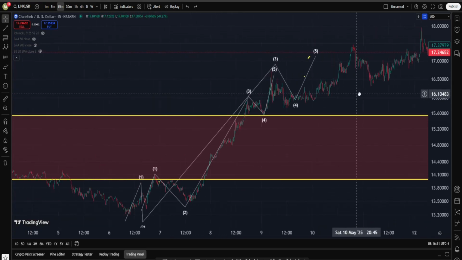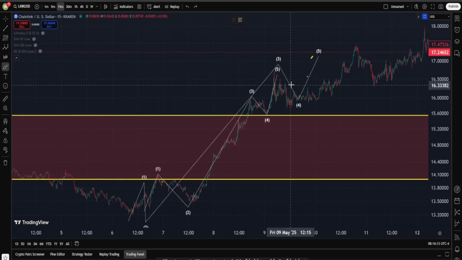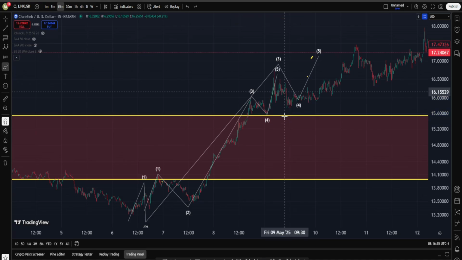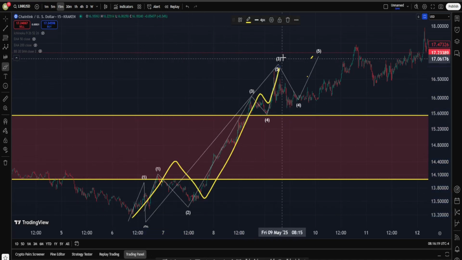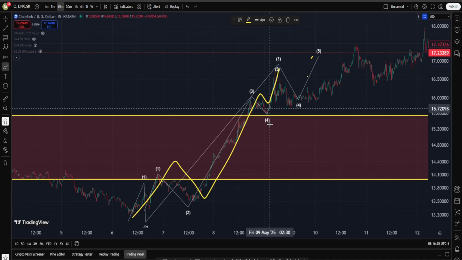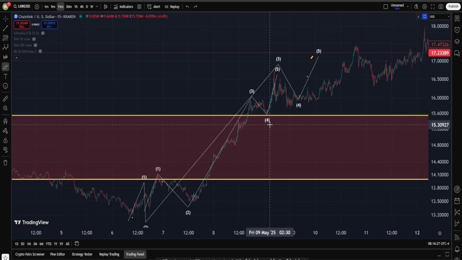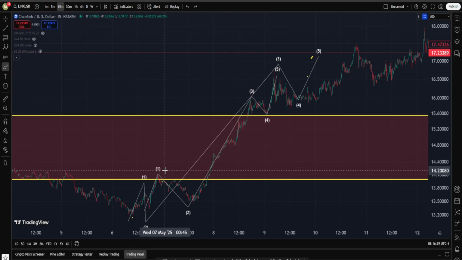And if you remember, in the previous update we were, I believe, right around this area, and I was saying it is so easy to find a 1 2 3 4 5 to about this point when you look at this chart from a zoomed-out point of view. However, the easiest answer is not usually the right answer, so I said maybe in here we are having a